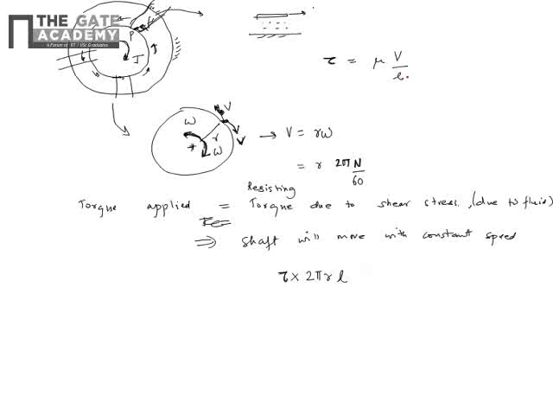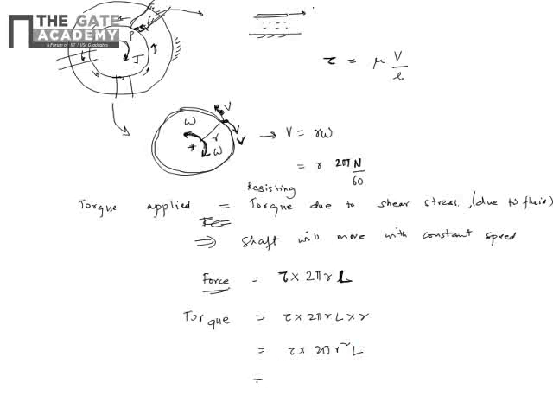This is capital L actually. Capital L is the length of the cylinder. So 2 pi r is this distance and L is basically the in-depth length. So 2 pi r into L is basically the total force exerted, and if you multiply with the radius, you will get the torque, right? Torque is nothing but the moment exerted: the sum of all the viscous force will exert a moment or a torque about the inner shaft center. So this is tau into 2 pi r square into L.